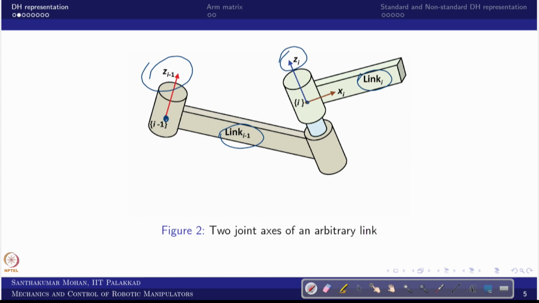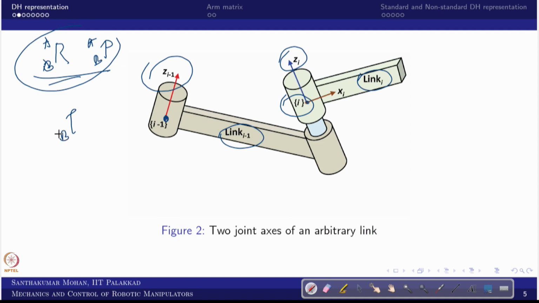So I want to travel, or in the other way around, I want to know the information of I with respect to I minus 1. In the sense we have done this, right. The rotation matrix of B with respect to A and the position vector of B with respect to A we have done. Now we are combining this and giving it as a transformation matrix of B with respect to A. Now what are we intended to find? We are intended to find the transformation matrix of I with respect to I minus 1. This is what we are interested in.